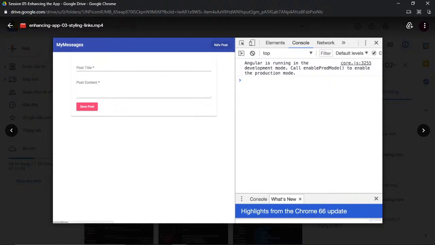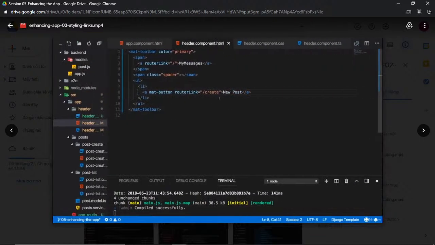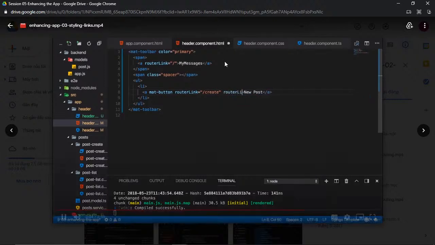So now it would just be nice to keep some, well, highlighted style, maybe change the color of it when we are on that create page. And to add this feature, we can go back and use another feature of the Angular router. We can add the routerLinkActive directive here, which will actually assign